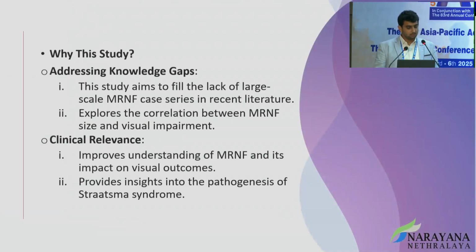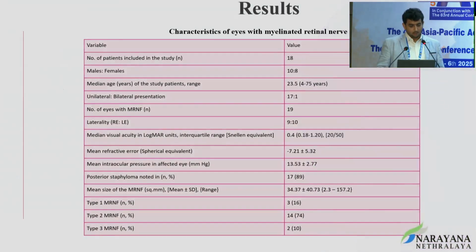Why was the study done? This study aims to fill the lack of large-scale MRNF case series in the recent literature. It explores the correlation between the MRNF size and the visual impairment. It improves the understanding of MRNF and its impact on visual outcomes, and it provides insight into the pathogenesis of Schwartz syndrome. On results, we noted that there was a total of 19 eyes in 18 patients, in which bilateral involvement